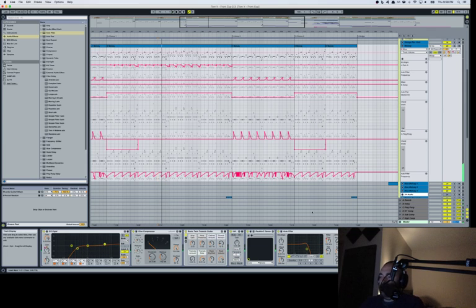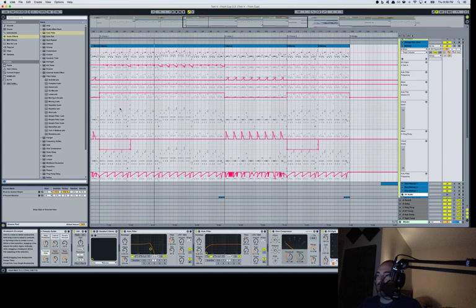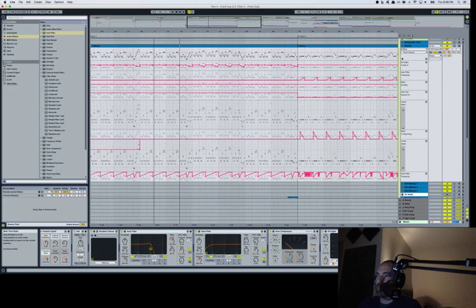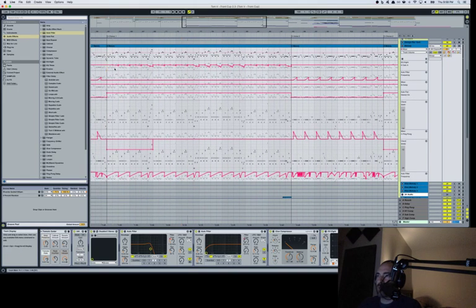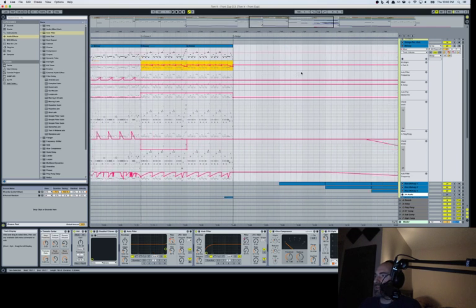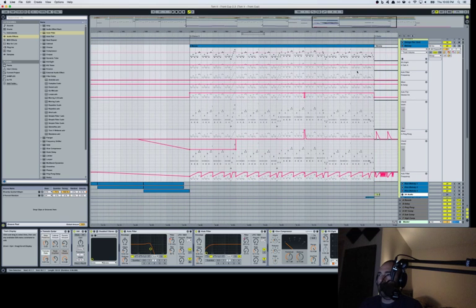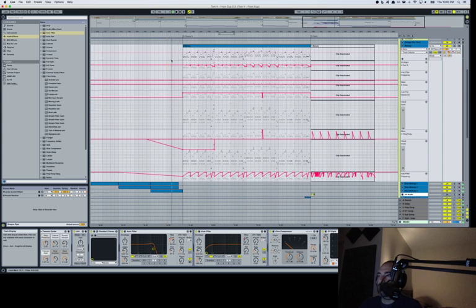One of the things that's interesting is as the filter opens up, I'm then tempering down some of this shimmer that I put on with that EQ, which I think is a perfectly valid way of doing things. It might seem a little bit as if you're compensating for something that you're doing, but it works in this case. I'm going to copy that there, and then the final chorus is the entire, all 4 parts. The shimmer there definitely